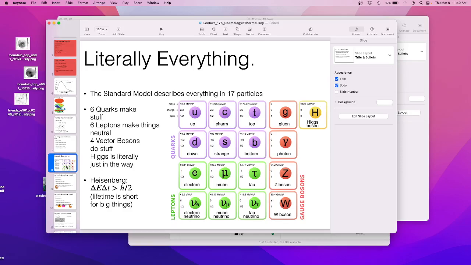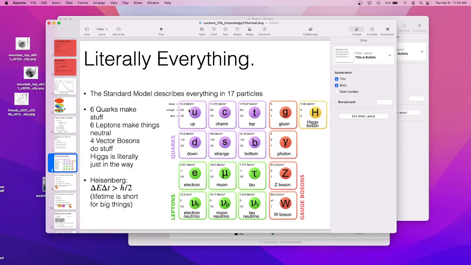So let's talk about the standard model for a second. So what do we have in the standard model? We have 1, 2, 3, 4, 5, 6, 7, 8, 9, 10, 11 particles. A weird number. And they're grouped into sections. So we have the quarks. There are 6 quarks. There's up and down, which are pretty common. There's charm and strange, which are less common, and top and bottom, which are pretty rare. You can tell how rare they are by their masses.